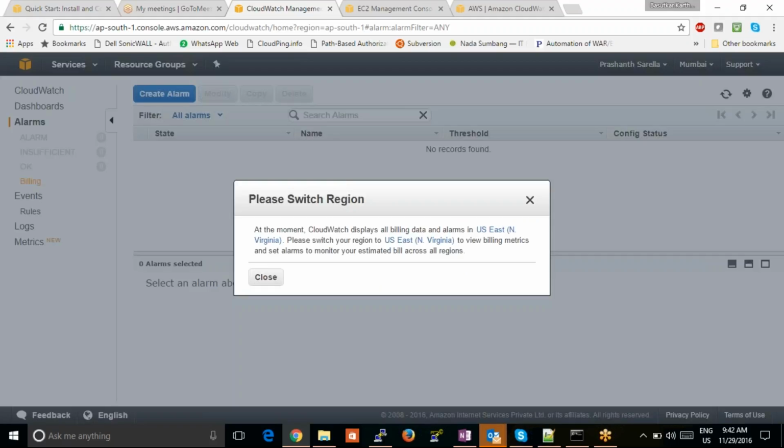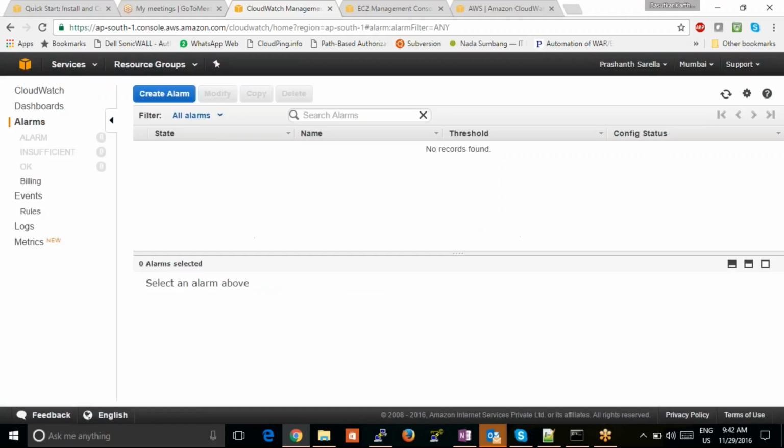Next, you can enable this CloudWatch service on billing also. Let us say, Prashanth, last time in a session, asked me a question: can we monitor some services on this billing and can we get notified? Yes, with the help of this billing,